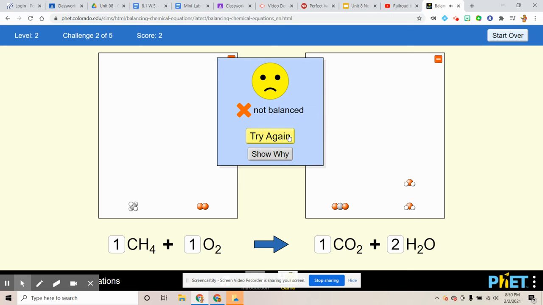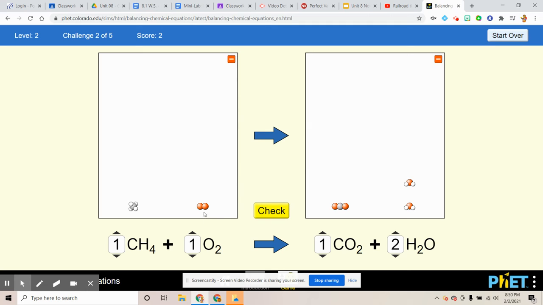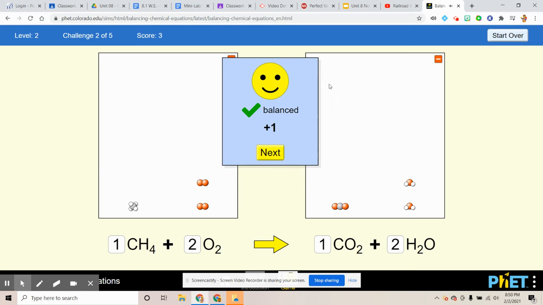Uh-oh, it's not balanced. Well, here's the problem. I have 2 oxygen atoms over here, and 4 oxygen atoms over here. So I need to increase this. All right, now let me check. Okay, this is balanced. So the recipe for burning methane gas, which is the chemical reaction that occurs